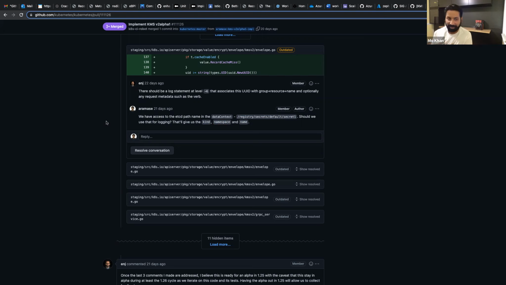If you don't, just include the path, because the KMS code or the storage code is special in the sense that it does not need a REST call to be invoked, right? Because the API server is allowed to invoke its storage layer for its own reasons. So we can't always guarantee that, oh, Mo tried to get pods, and that's why the KMS plugin was called. But at the bare minimum, we can always say the API server was trying to do something, and this is why it did that. Either way, I think it'll be useful.